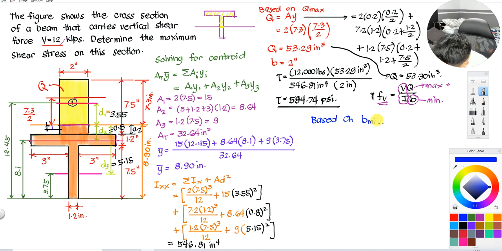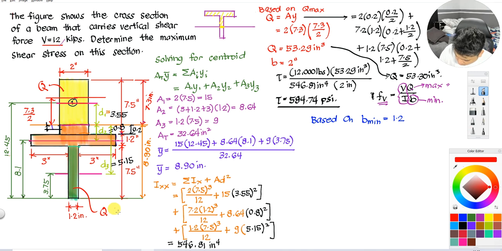Okay, B minimum, which is equals to 1.2 yung B. Kaya lang, ano yung area? Ano lang ba yung area na mayroong 1.2? Okay? Ito lang yung area na yun. So, iyon yung ating